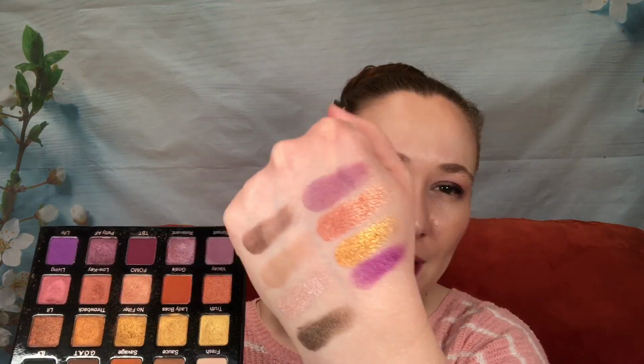That top row is all mattes, which is what you're seeing on the bottom. And then there's a couple mattes, well, this one in the bottom row. This one's kind of a matte-ish type of shade. It's more of like a tuxedo shade, I think is what Toddy called it, where it has suspended glitter particles in it, but it's a matte formula, if that makes sense. So there are some pretty shades in here. Not my favorite Violet Voss palette in terms of color. There's some nice-ish colors in here, but